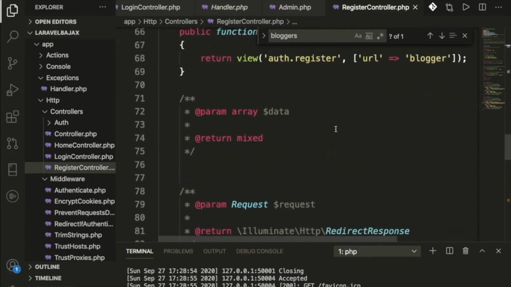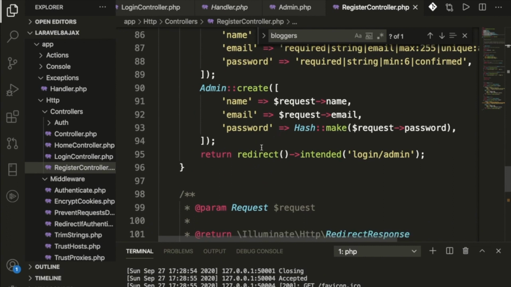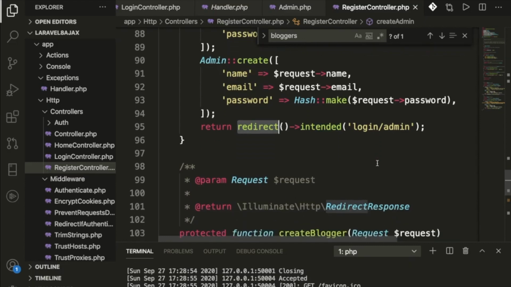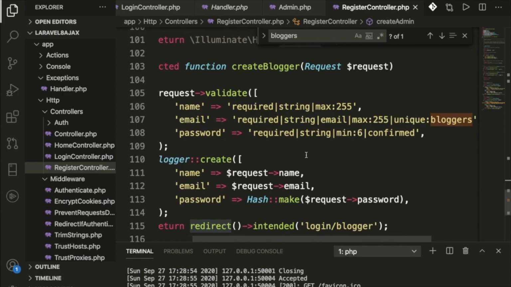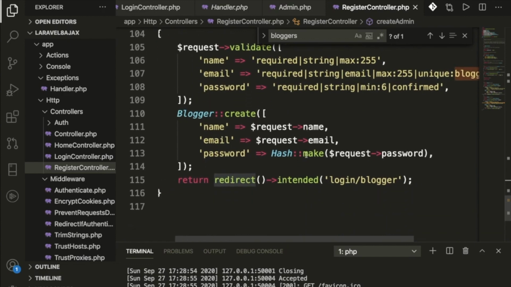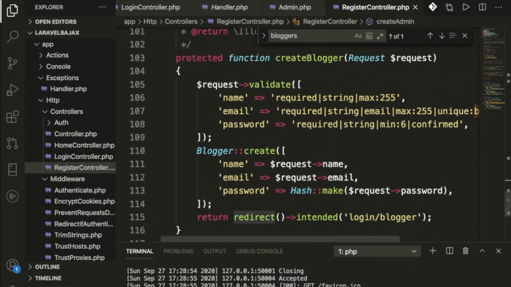Again, scroll down. If everything is fine, then we redirect again to the login page, login admin, which is the URL basically. I have added the same stuff in the Blogger also. Hopefully this is clear by now. If you have any issue, please put your comment below, and I will definitely try to resolve your query. If you have any issue in Laravel, PHP, CodeIgniter, any kind of framework, you can put your comment below. Let me scroll down again. Everything is fine here. Hopefully your doubt is cleared now.